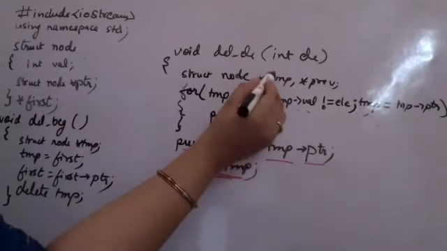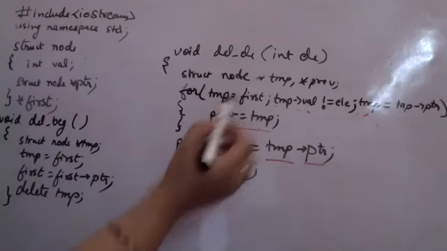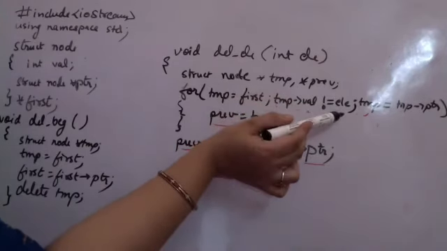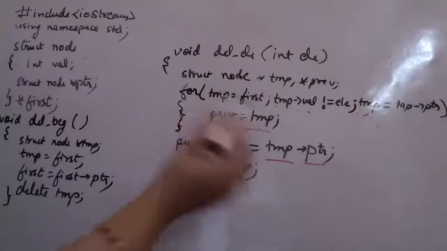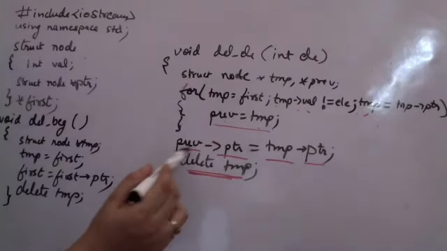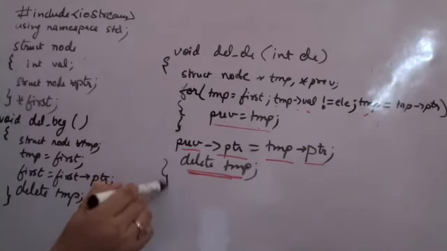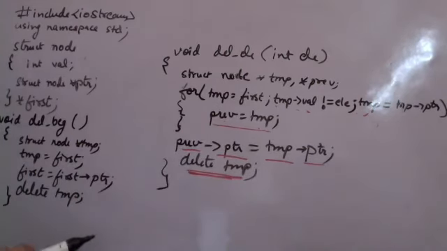You are declaring a temp. You are declaring a previous. Temp is equal to first. Temp value should not be equal to the element value. And temp moves. You calculate the previous. Create the new link. Delete the old node. Void delete. Clear till here? I'll need to rub this part of the board. I think void delete is clear.